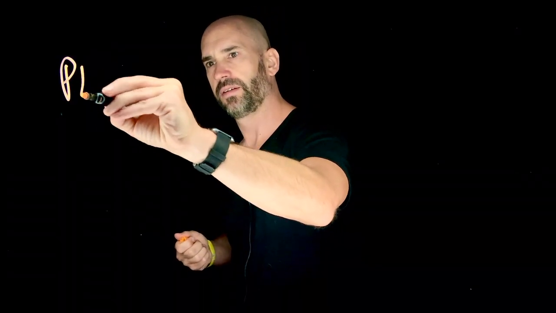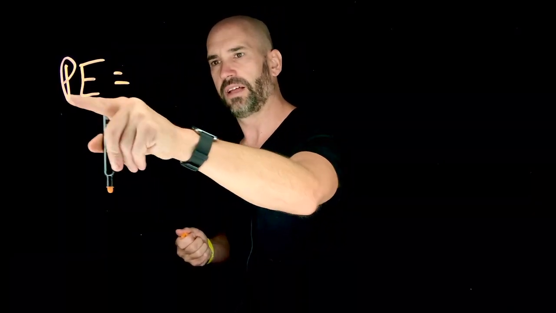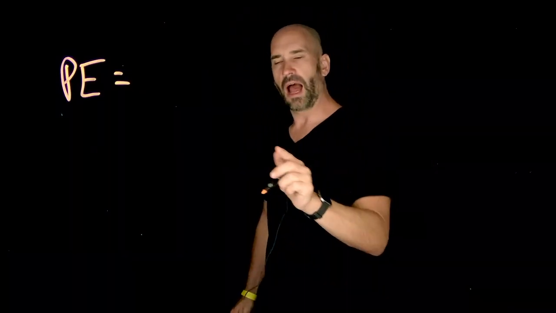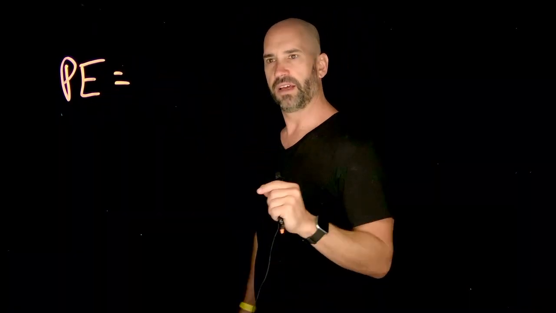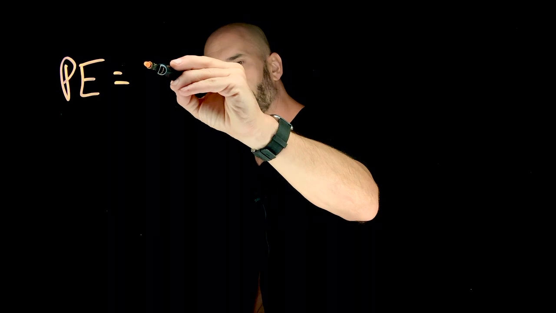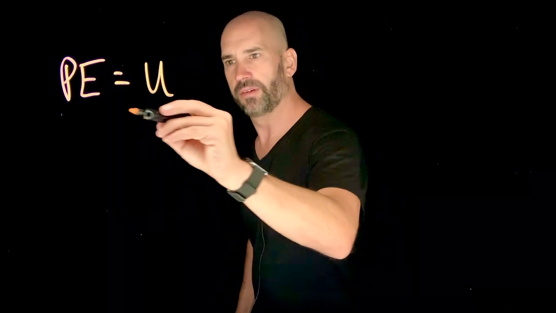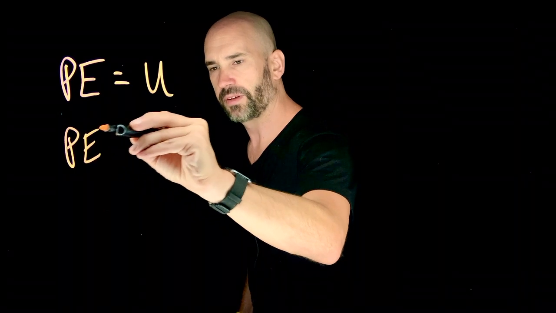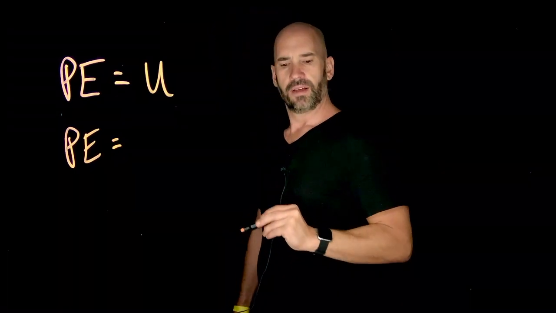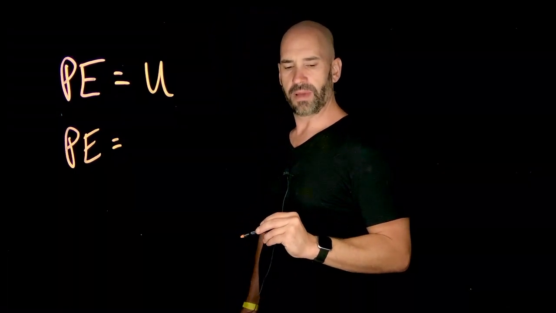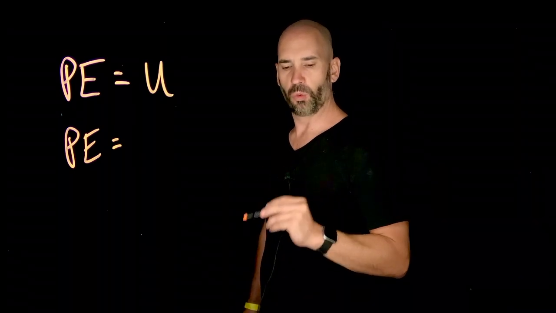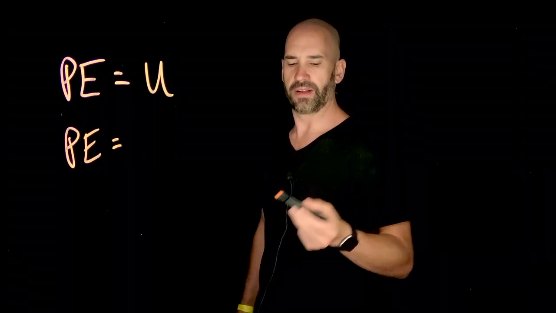I'm going to write a PE on here. That's for potential energy. Usually, I will use PE for potential energy. Sometimes some textbooks and online use a U for potential energy, but we're going to focus on PE, okay? It's hard to forget. So think about it. Maybe make a list. Pause the video if you need to. What should potential energy depend on?